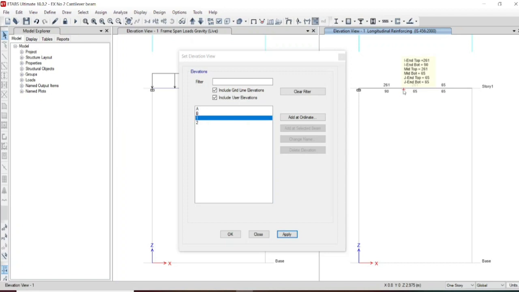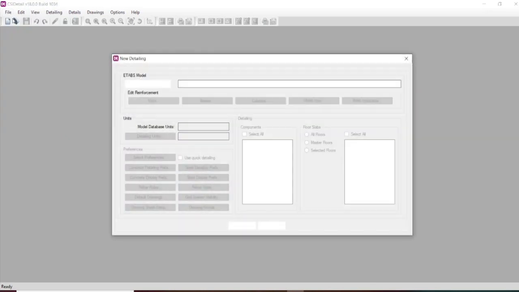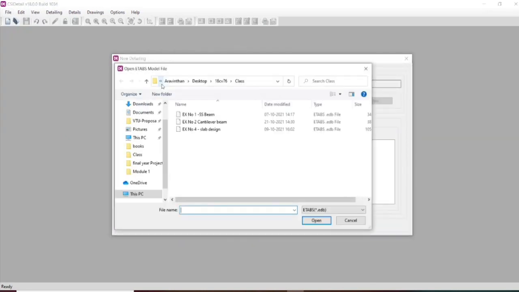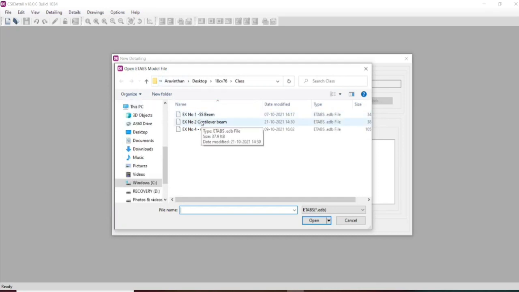Now our design is over, let us start the detailing process. Yes, we are in CSI Detail software, and let us make the detailing for the design which we have done. We have designed the ETABS file as given here.